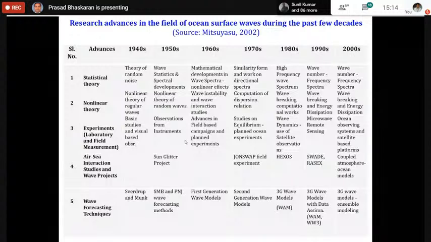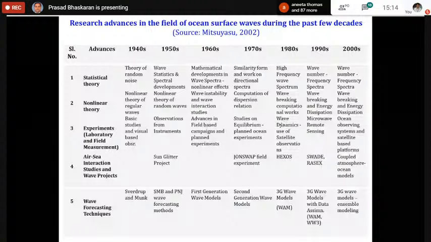So the development of instrumentation is also going on in parallel. Today you have very robust instruments, and the wave rider buoy is a very good one. It can give you the complete details of the wave profile. These studies also started from the 1940s. There were some basic studies conducted, and